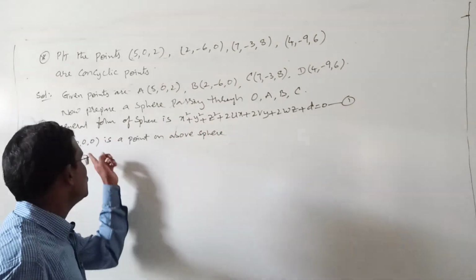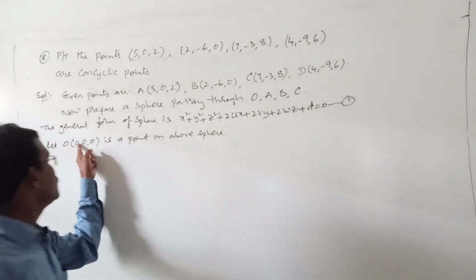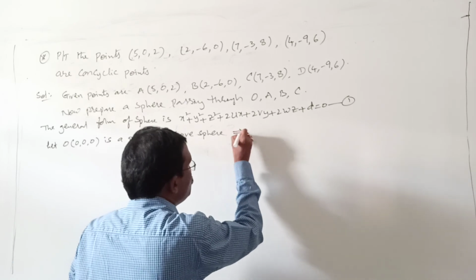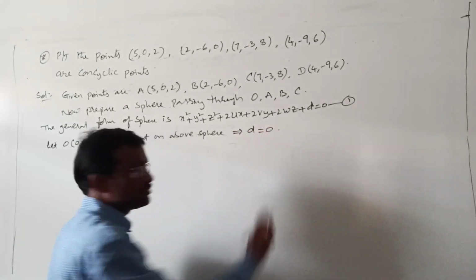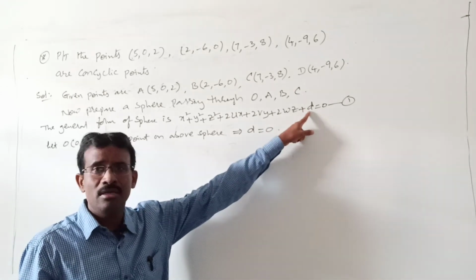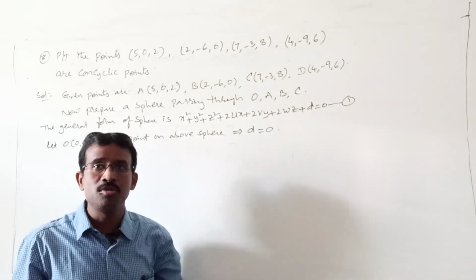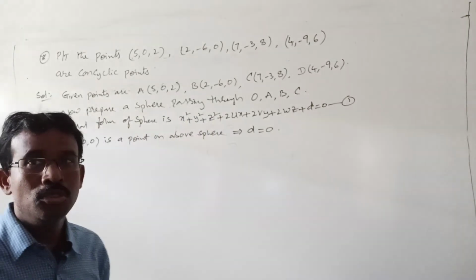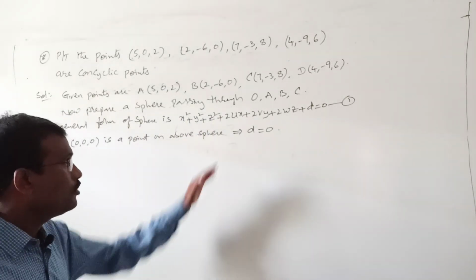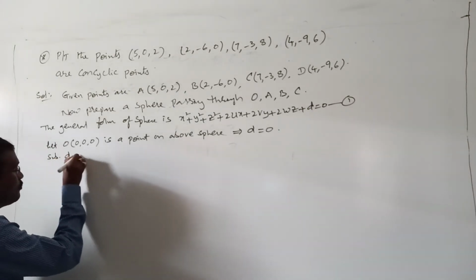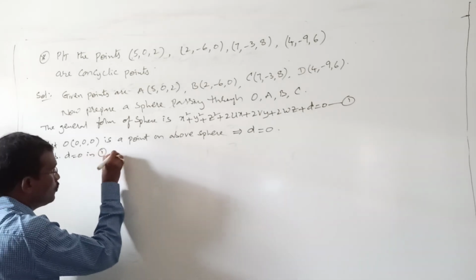But whenever it is a point on the above sphere, substitute x equal to 0, y equal to 0, z equal to 0 in this relation, you must get d equal to 0. Now directly we got the d value here. Substitute d here, then it reduces to three unknown quantities, u, v and w. Now use that condition, substituting d equal to 0 in 1, we get